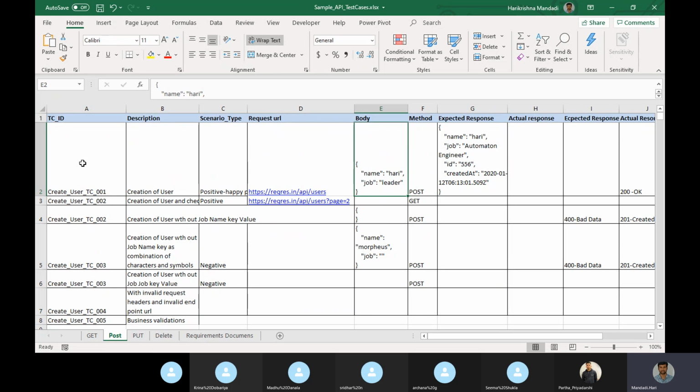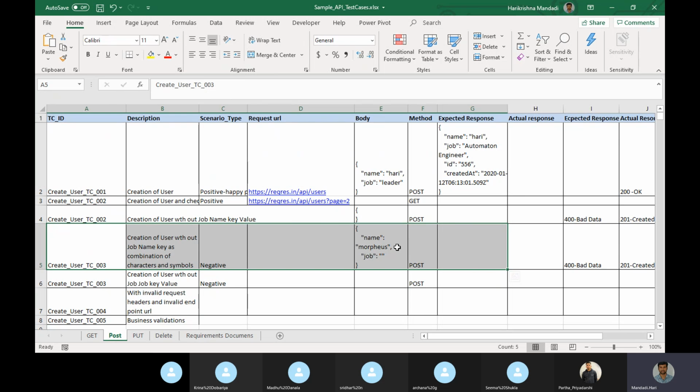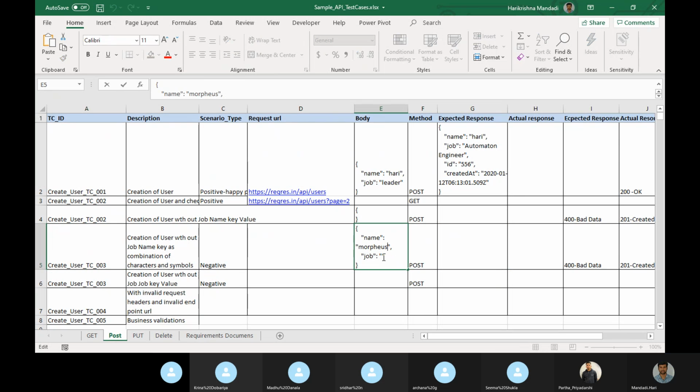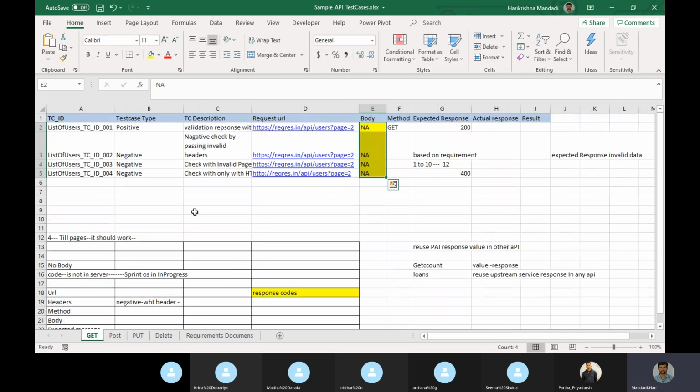The body is different for this test case, and different for this test case. Job is nothing here, and here I am passing some job. So the body will vary from one test case to another test case. That's why in the Excel sheet our body will be there. So this is get.